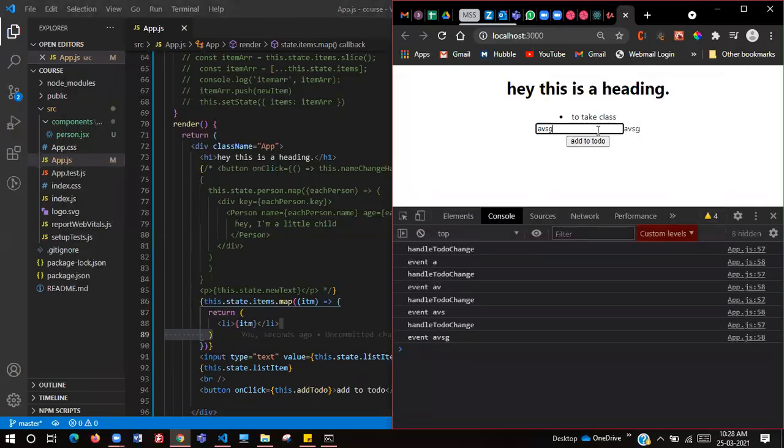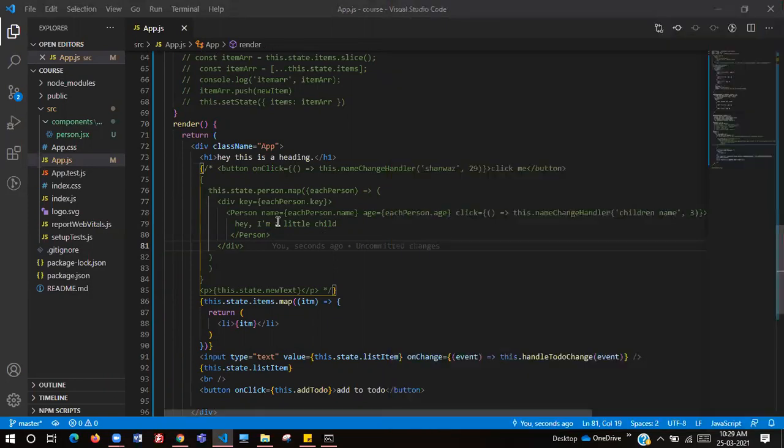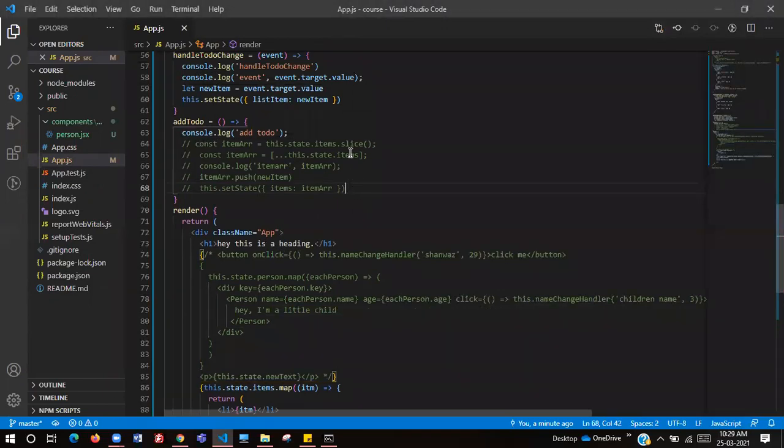Yeah, I follow. Yes, Harish. Yeah, so we are getting this value, right? We are storing this inside there. Now after we click on add to do, this particular avsg needs to be added to this particular list item array, right? Now we take this commented code, and we just comment this here. What do we need to push here into that new item as new item, list item, right? So let's just take it.